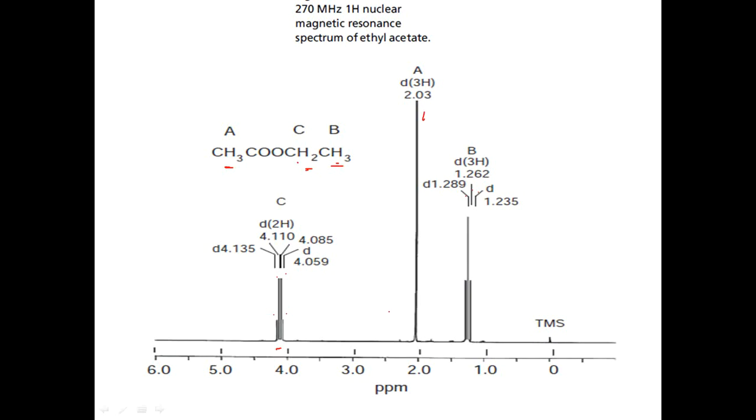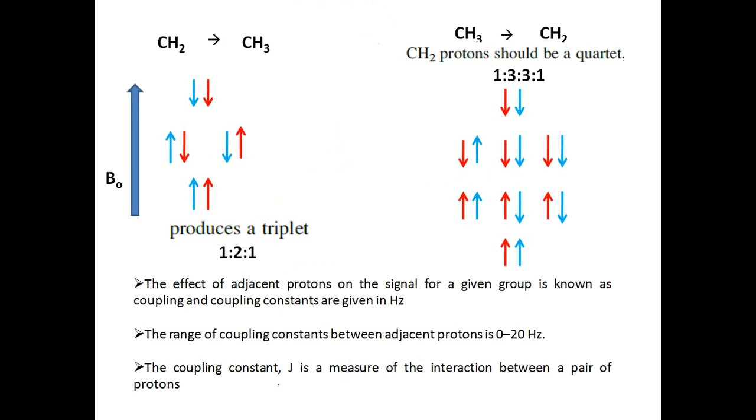So how does the interaction occur? If you take the CH3 proton, which is interacting with the CH2 protons, all the protons will interact. That is one spin state. This is for your CH2 interacting with CH3, CH2, CH3, CH2, CH3, CH2, CH3. So the possible combinations are these, and that gives you the 1:2:1 ratio of intensity.